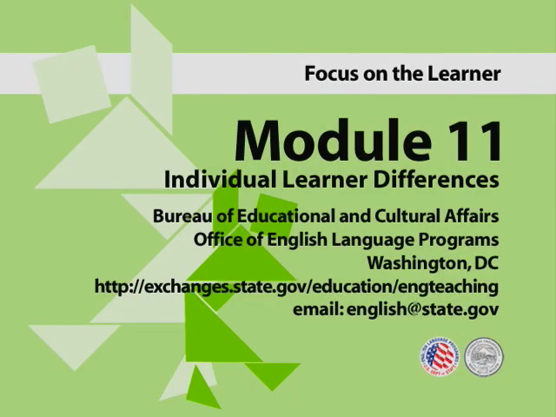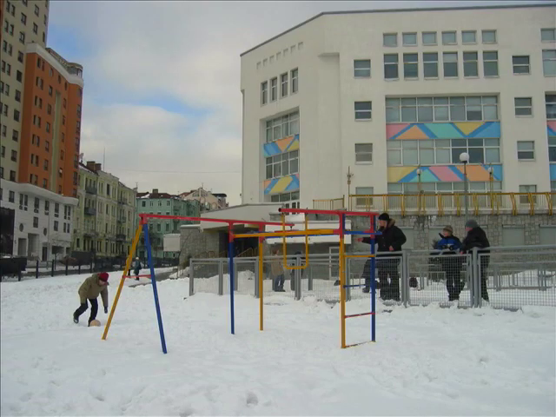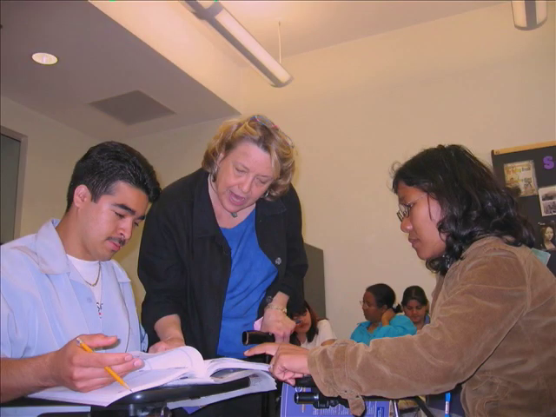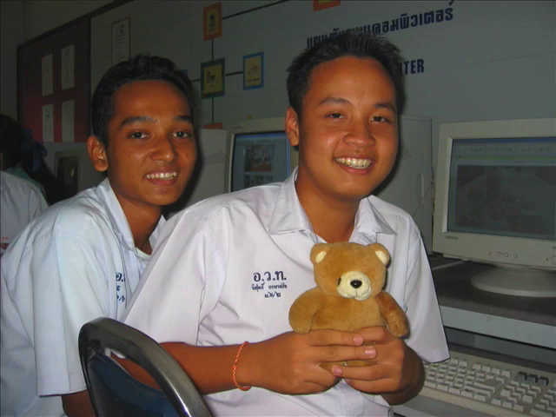Module 11, Individual Learner Differences. Learners in one classroom are both similar and, at the same time, different. A learner-centered approach to teaching requires teachers to understand this duality and to be aware of the different ways in